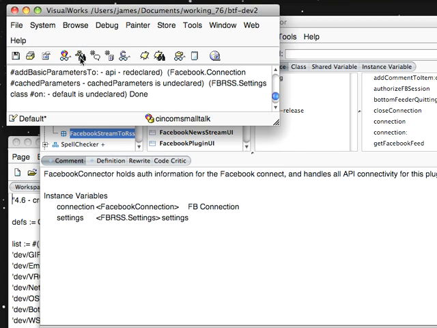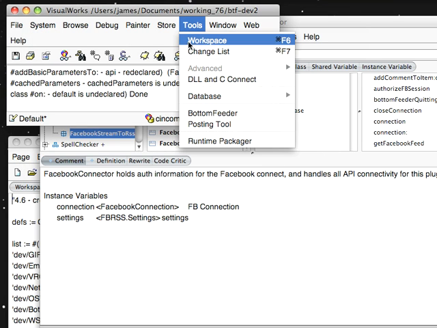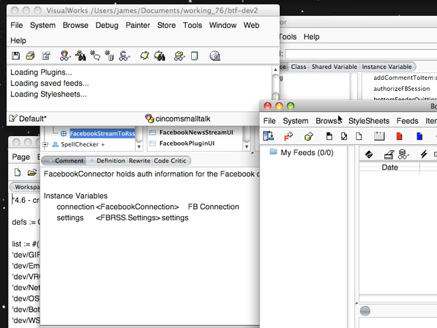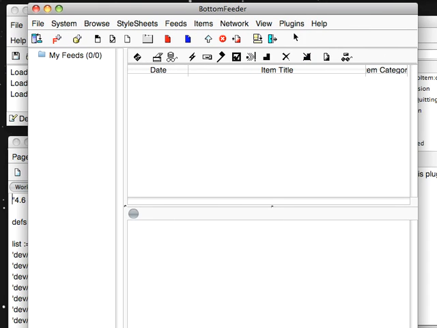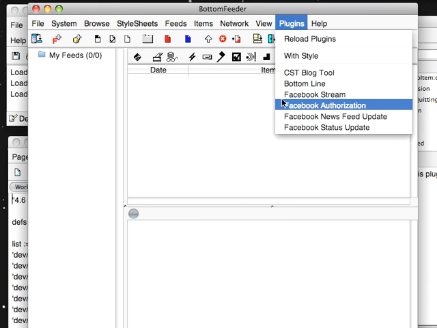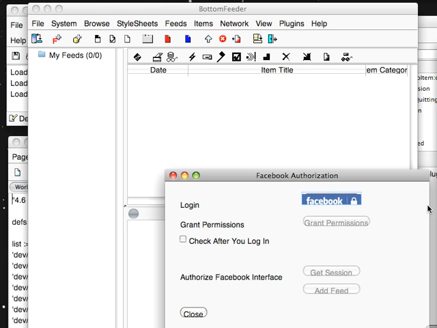So let's show you how that works. We'll go here to Tools, and we'll open BottomFeeder. And then what we'll do next is we'll go to Plugins. You see that I've got this set of Facebook things. First I need to authorize against Facebook, so let's go to that. Now this is kind of a two-step procedure. First you have to hit this Facebook login, and what it's going to do is it's going to go to